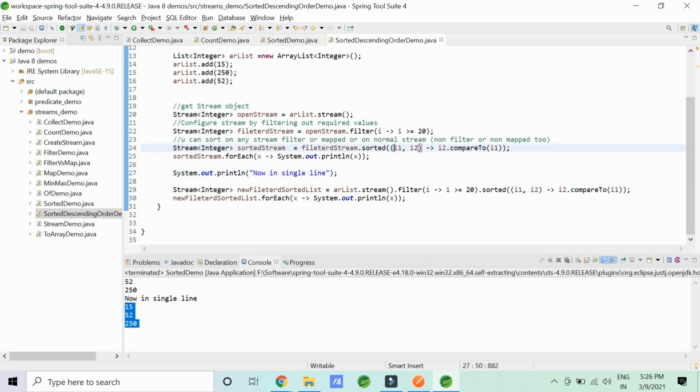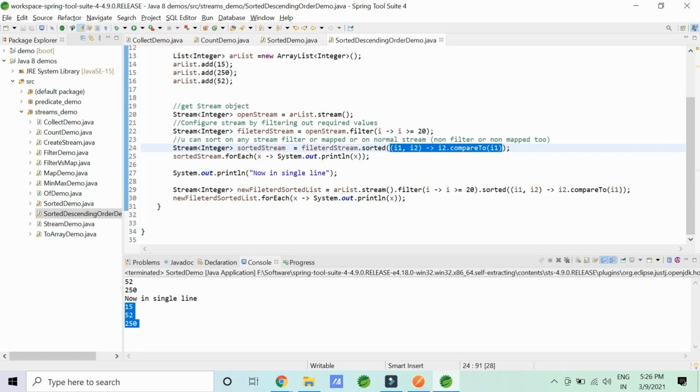This lambda expression takes two arguments. This is a particular symbol for the lambda expression, and it says I2 compared to I1. If it had been I1 compared to I2, it would be ascending order of sorting. But I'm saying please compare I2 with I1. This is descending order of sorting. This is not a natural sorting order. This is a comparator in one single line for you.